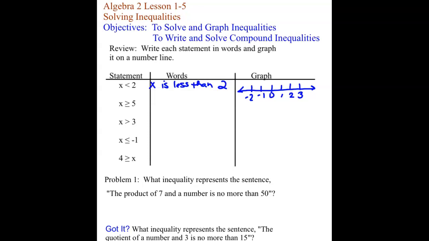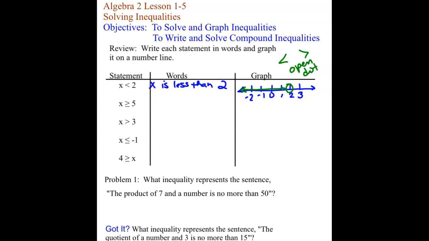To indicate that on a number line, we are going to do an open circle at 2, and we're going to shade all of the numbers on our number line that are less than 2. The open circle is used to imply that we're getting really close to 2, but we have to be just underneath it, smaller than it. Okay, so if we have a less than or a greater than symbol, we're going to use an open dot